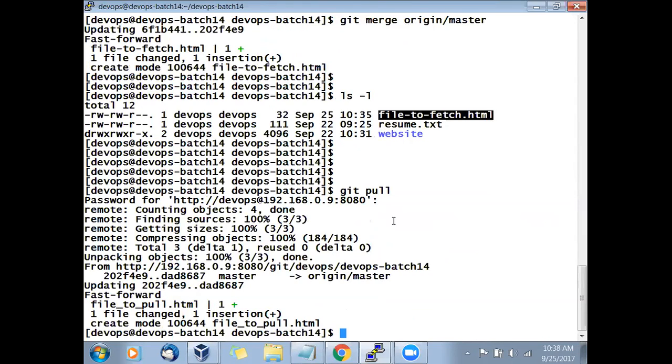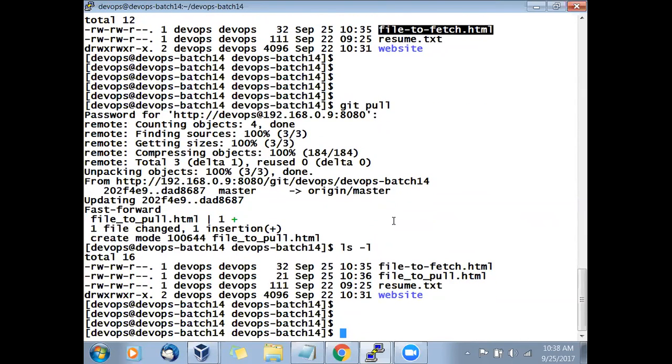So it has done two things. First it did the fetch and then it did the merge. Same thing. You see here, now we have two files. File to pull is also now available. Okay, now you say, Sunil, both methods are the same. Which method should we use? So in your initial days, the first 6 months, you will use fetch and merge, because you want to have more control on your code and you want to understand how things work. Once you're comfortable with that, then you can do the pull method, no problem. So I'll request you go for fetch and merge first.